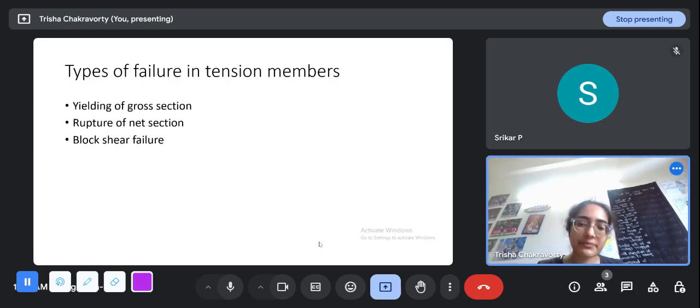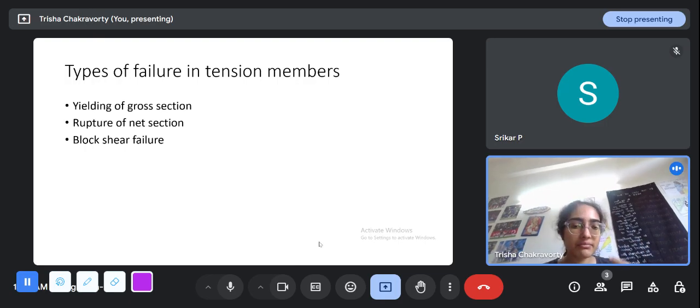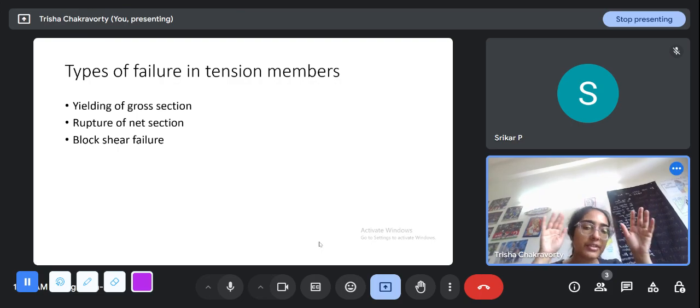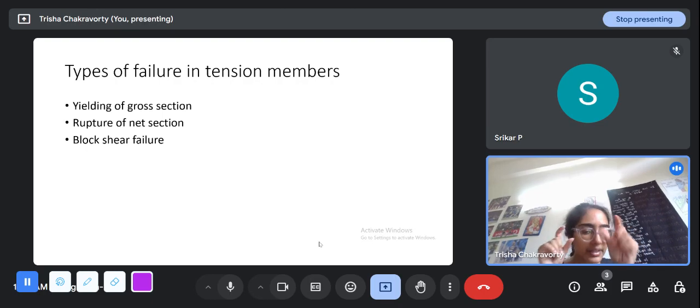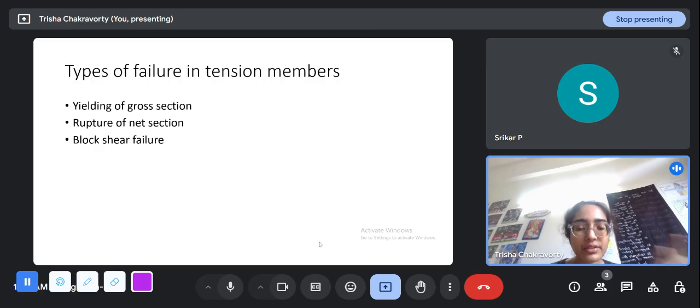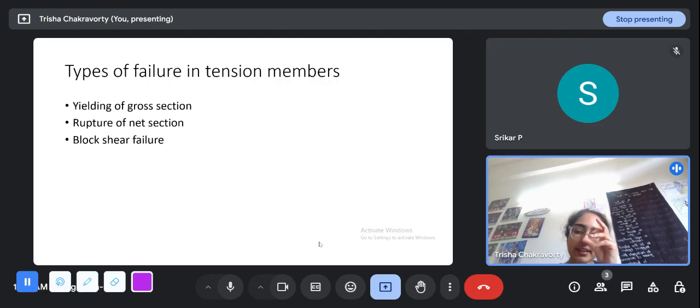Generally we will not be given a tension member to design. We will have a large structure, and then we have some kind of proposed arrangement. For example, a truss, we will have a connectivity, and we have the overall loads that we are designing the truss against: the dead load, the live load, the wind load, the earthquake load. Then we have to perform an analysis to see what is the force that has to be taken by each of the members. Some of them will be tension members, some of them will be compression members. Then to design one tension member, we have to propose maybe an angle section.